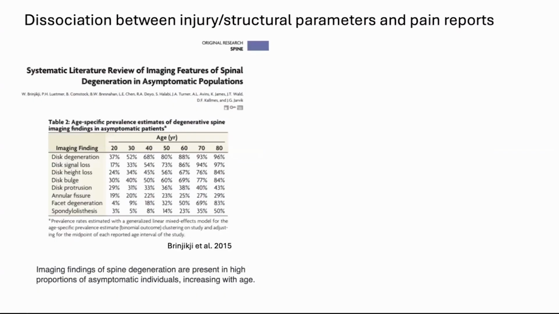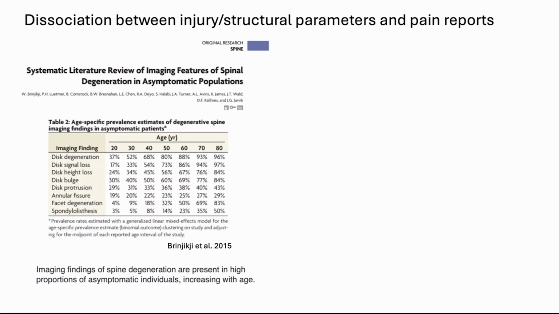So this is a bit of a busy slide, but bear with me. So what I'm showing you here on the left is a systematic literature review published in 2015, which attempted to quantify the percentage of subjects who, while having no pain, so these are asymptomatic patients, show imaging features that would be categorized as spinal degeneration. This is actually a pretty big study with a lot of subjects and a lot of studies. So if you look at a certain age, so let's look at 30 years old, which is quite familiar to me, you'll see that about half of the subjects, again, completely asymptomatic patients, show imaging findings of disc degeneration.